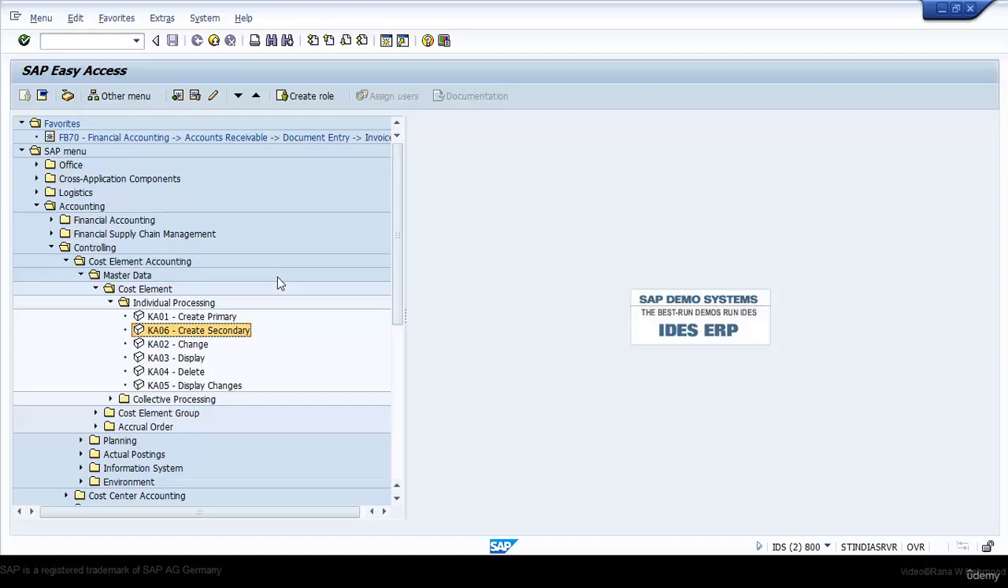In cost center and profit center, the hierarchy is mandatory. You cannot create a cost center or cost center group without a hierarchy, but you can create cost element without a hierarchy or group. So you have the option here, cost element group. First you create a group, and under that group you can create the primary or secondary cost element. So if you click on create primary,